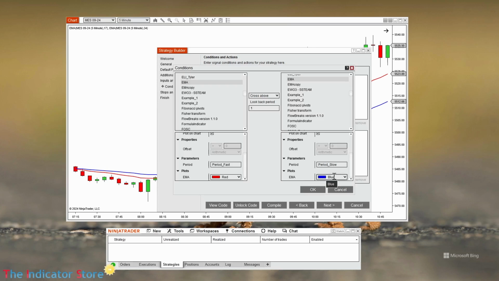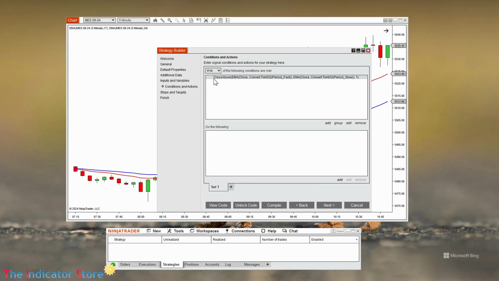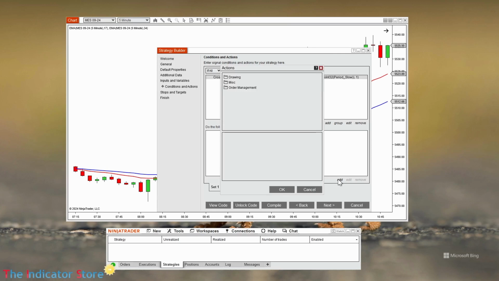So I guess it draws a line with a width of 1 pixel. Anyway, this is not the important part. The important part is that it executes orders, okay? Now, when this is true, I can execute an action. And the available actions are